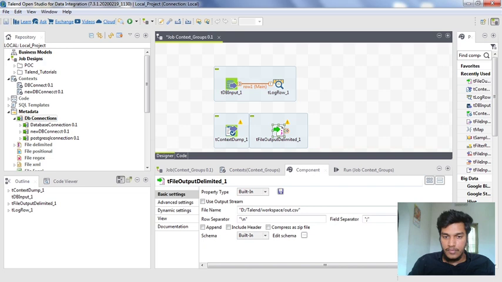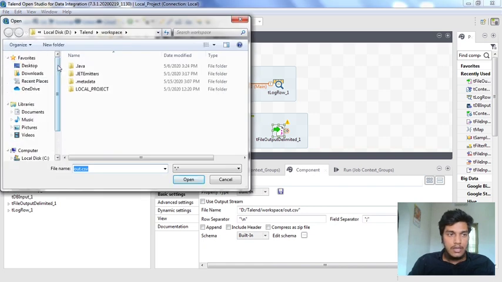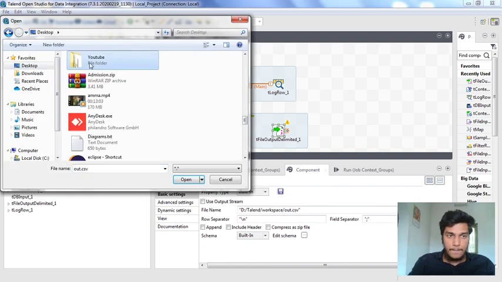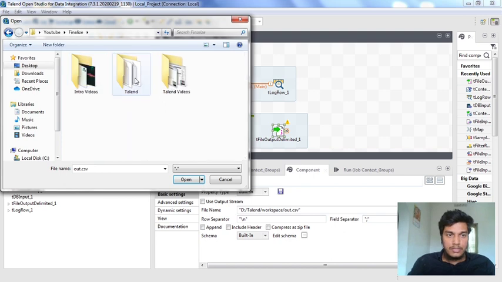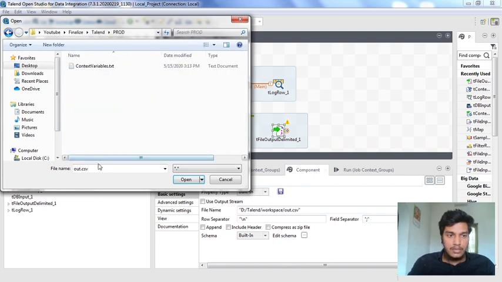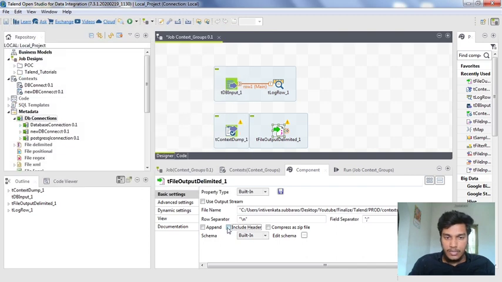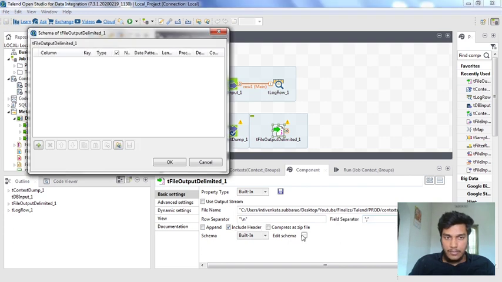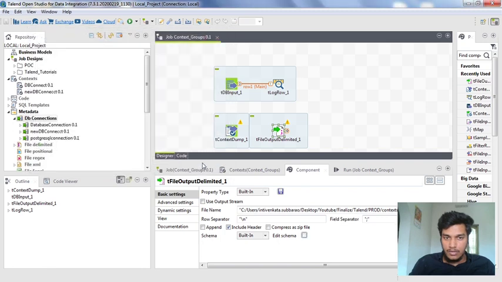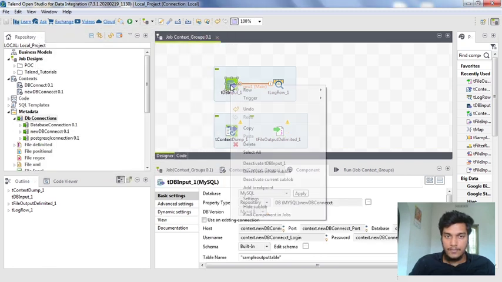I want to change the file path here and place it in this talend folder, production, context.txt. I am opening it, and I want to include the header also. Here I am placing the field separator as comma, and the schema we need to assign, or else we can mention it directly.